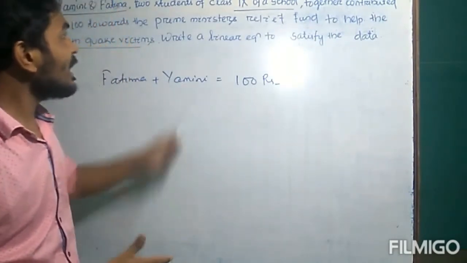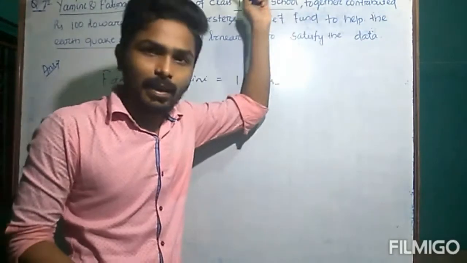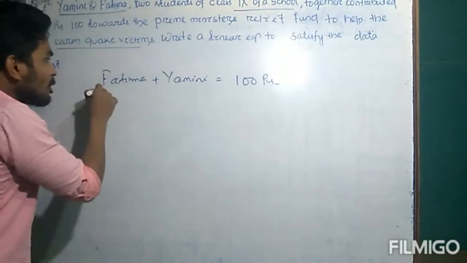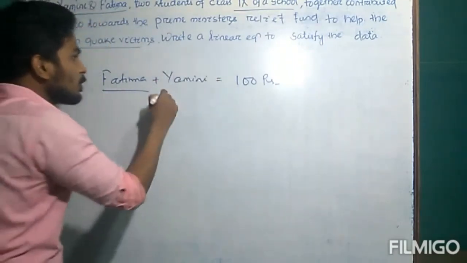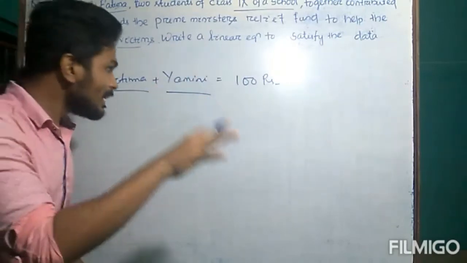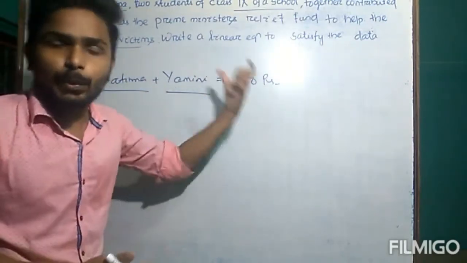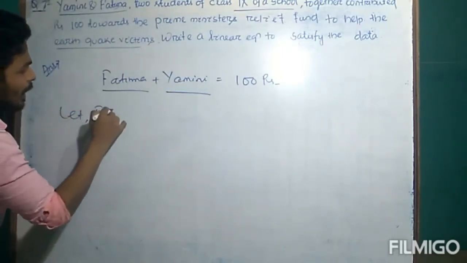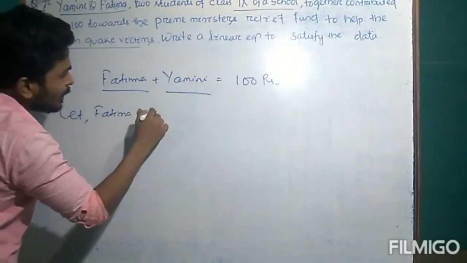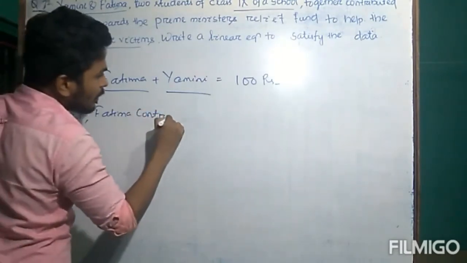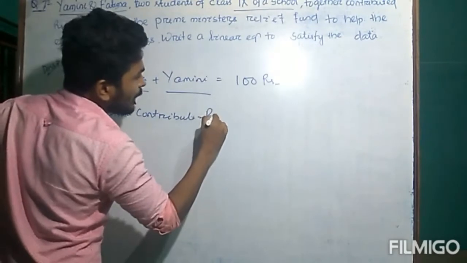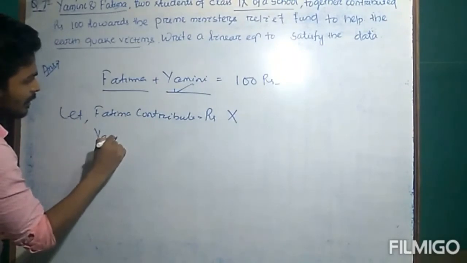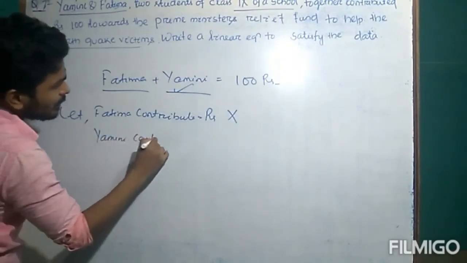So we have to write a linear equation satisfying the given data. Here we don't know how much money Fatima contributed and how much money Yamini contributed. We only know that both combinedly contribute rupees 100. So we can take, let Fatima contribute x rupees. Similarly, Yamini contributes